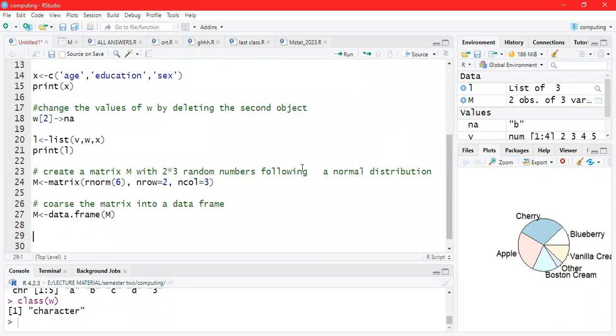So then our number two was telling us that you load